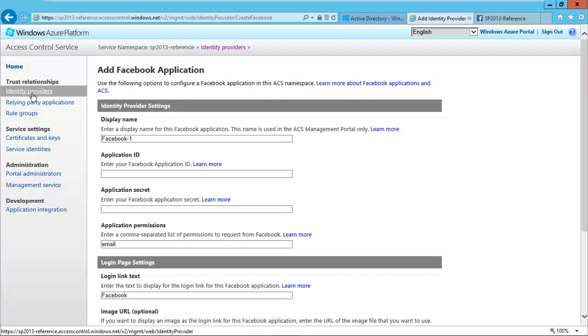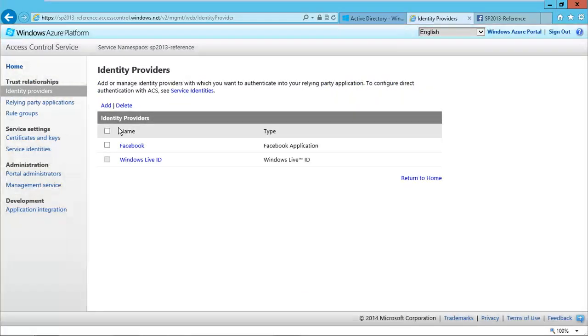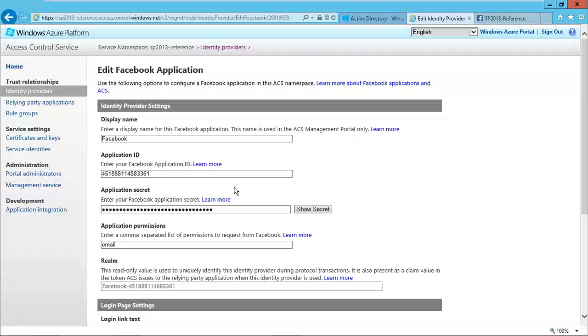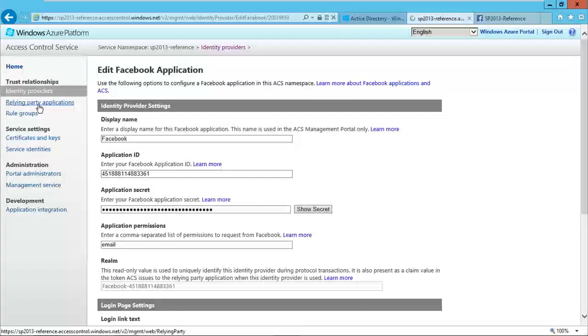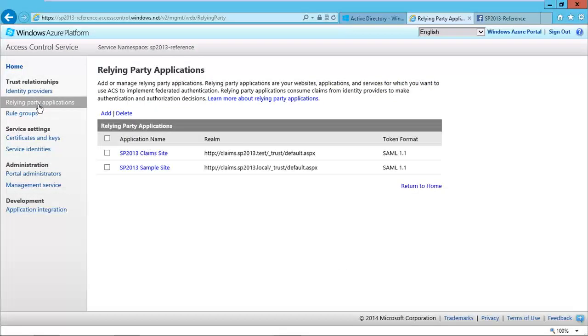I already did all this stuff in my pre-created Facebook identity provider, and here I have all the information. Then I have the relying party section, where I can define all the web applications that I want to federate with this identity provider and security token service. Because my